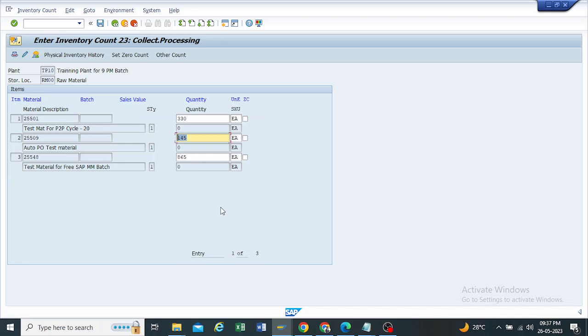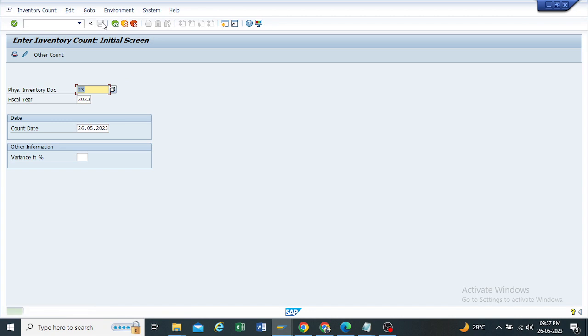Okay, so after entering the count, here is a stock minus 5 quantity and here is a stock plus 5 quantity, and this stock will match. Okay, so like this I have entered the count of my physical inventory. After entering that, just save that report. Okay, so the count whatever we have physically counted will be entered into the physical inventory document